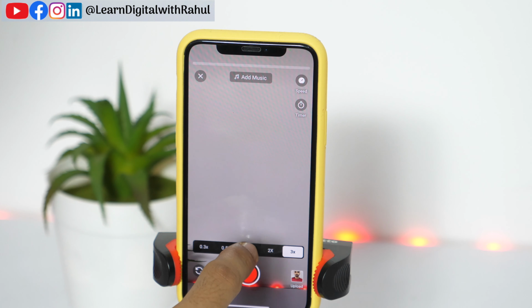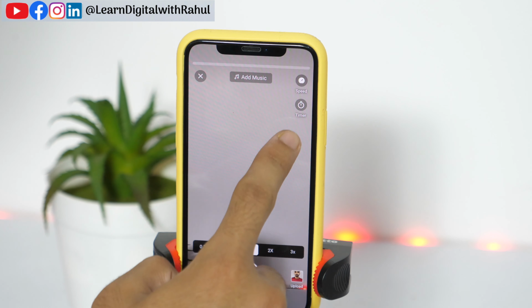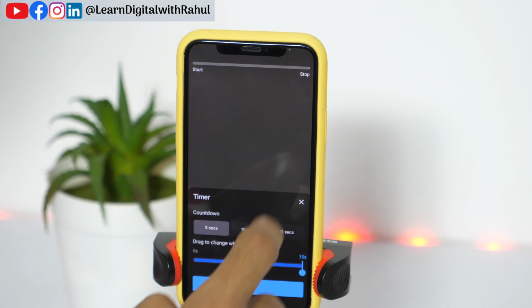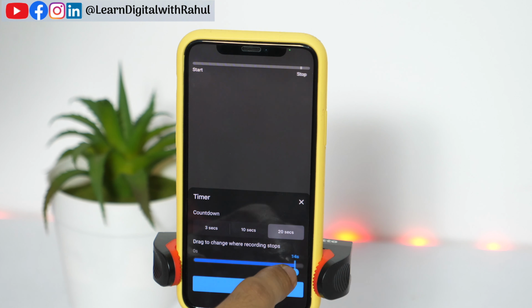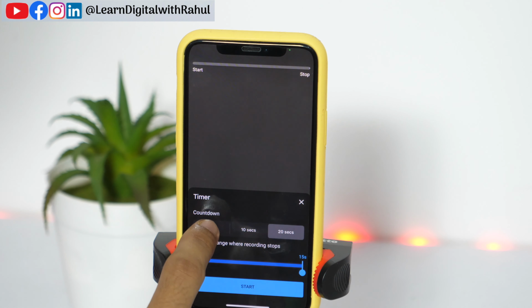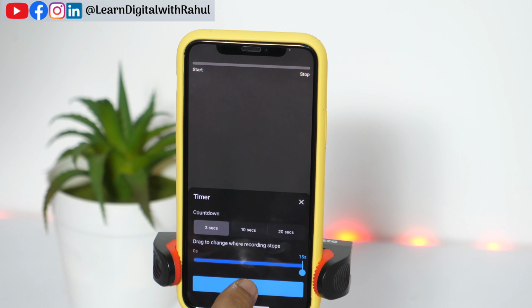I'll keep this 1x, and after that, you also get the timer settings here, where you may set the timer whether you want to start the recording after 3 seconds, 10 seconds or 20 seconds. You may also adjust this slider to adjust the timer for your recording. I'll keep this 3 seconds and then I'll press this start to show you how I'm recording my first YouTube short.